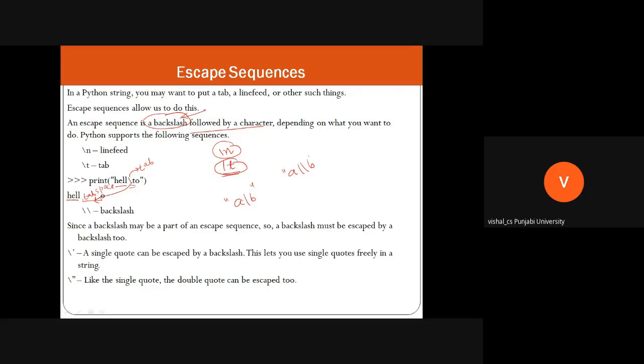So then this backslash will be displayed onto the screen. Otherwise, it will be confused about the special meaning of backslash b in the string. It will be considered an escape sequence, and it will be confused, right? So if you want to display a single quote inside, like you are using